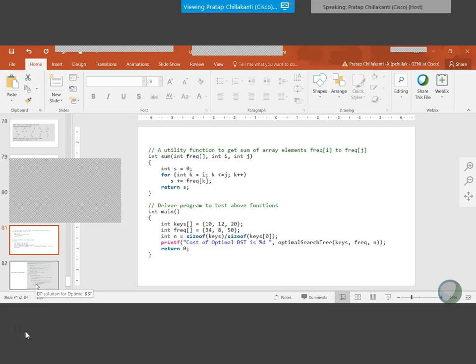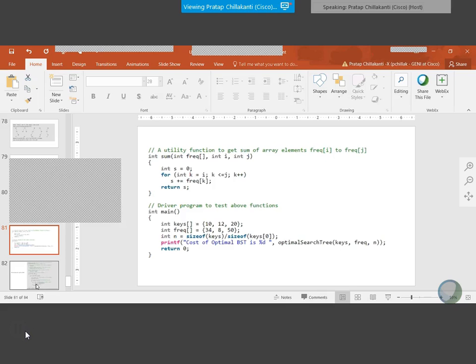You have the keys 10, 12, 20, 34, 50. Same thing that we took earlier, right? Okay. So what we want to print is the cost of the optimal BST, just like how Sri Prakash put that cost 142 by putting 20, 12, and 10, right? So you already know what the answer is. Okay.